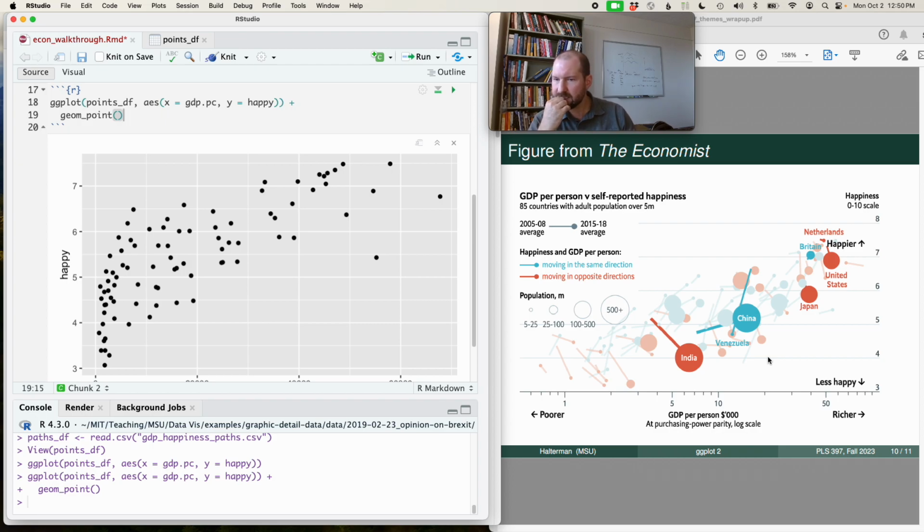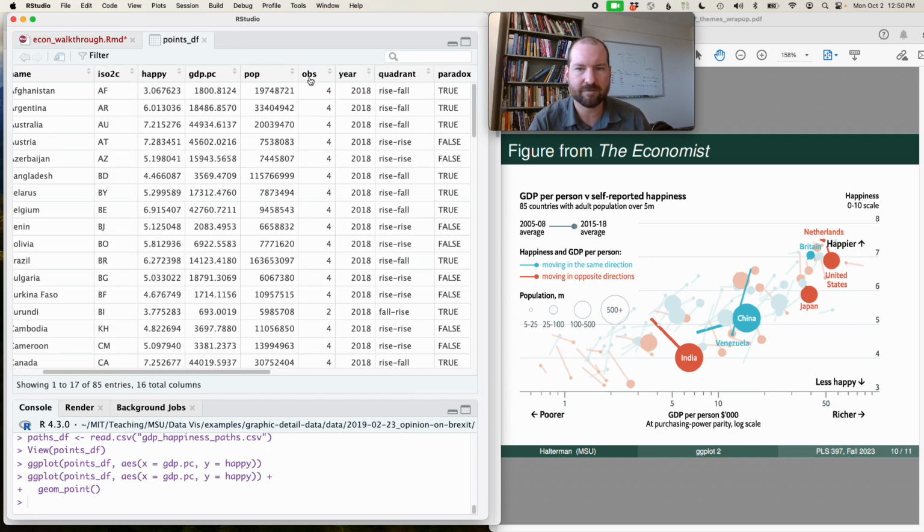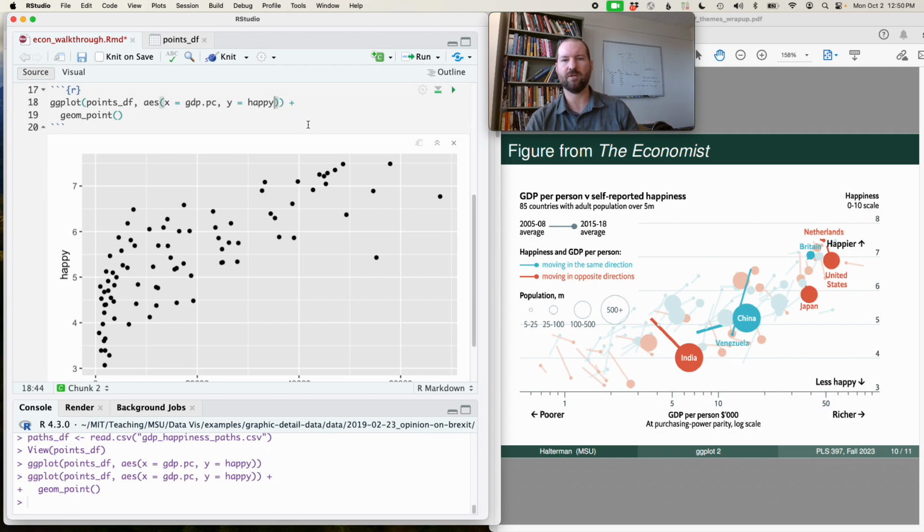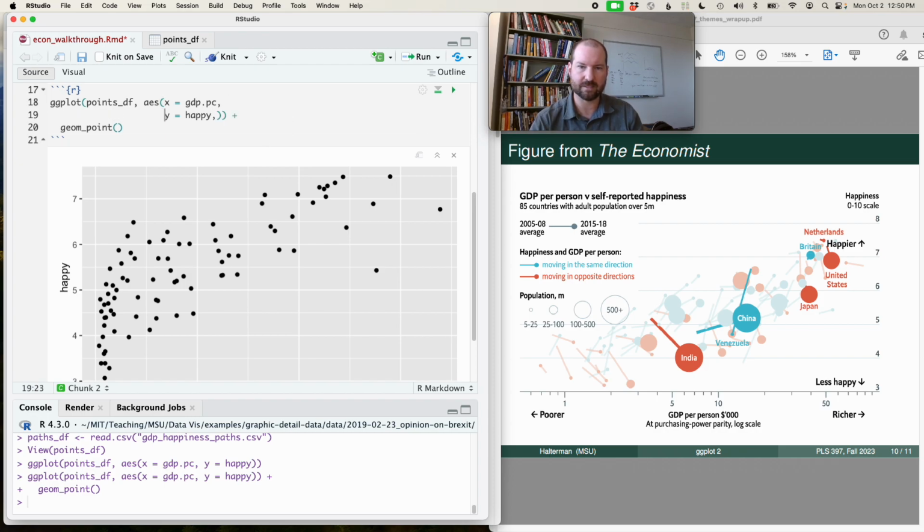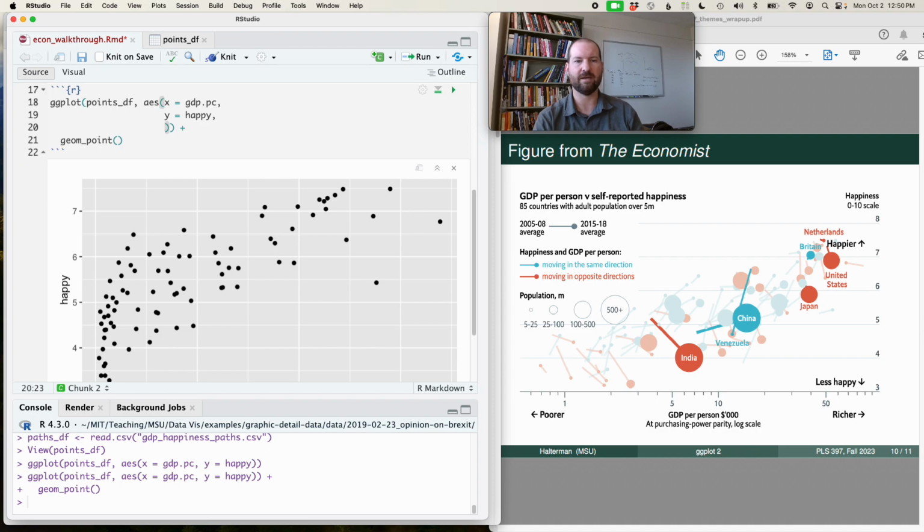Okay, so the next thing that I see when I look at this is it looks like the points are sized by population in millions. So I know that we want to change the size of our points based on some column that's in our data. All right, so I go back to points.df, like, okay, what is population? Probably this one, pop, will have the population. And I know that I want to change the size of our points based on population. So just format this to make it a little bit easier. So I want to add a new aesthetic,